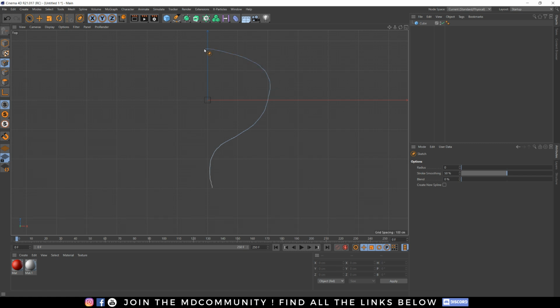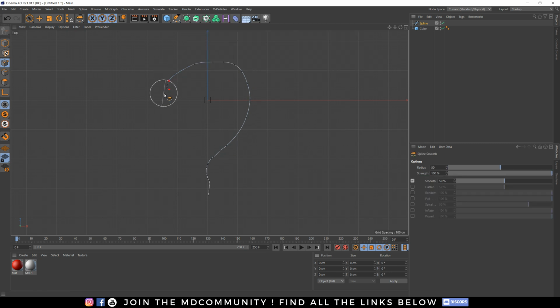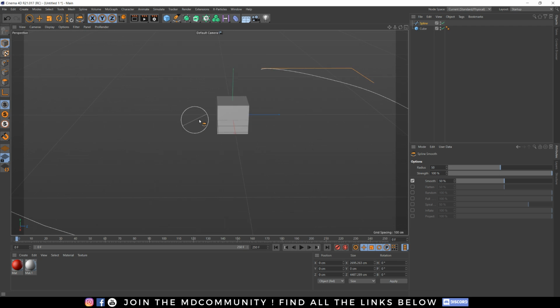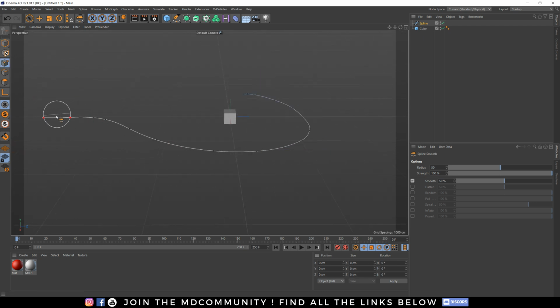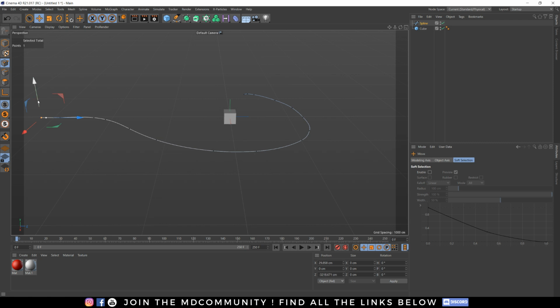So let's make something like that. You can see that the points are uneven. I will try to make something even more uneven, like that, and you can see that I have some distance there. You can still try to smooth everything a bit, but you will still end up with an uneven distance between points. Then you can move here, make some adjustment, move things to make something a bit different, but you will end up with a problem